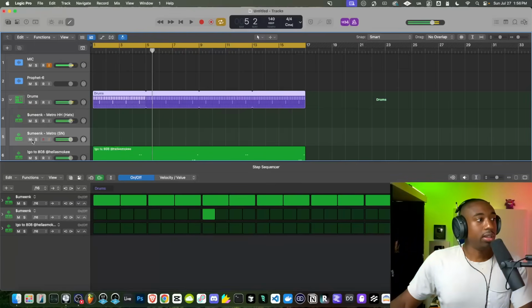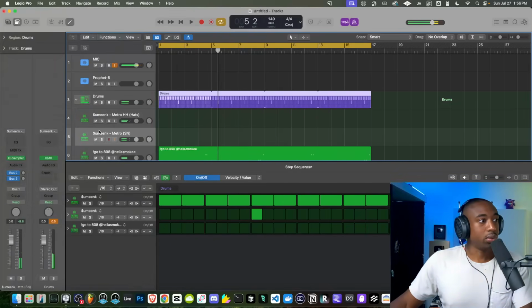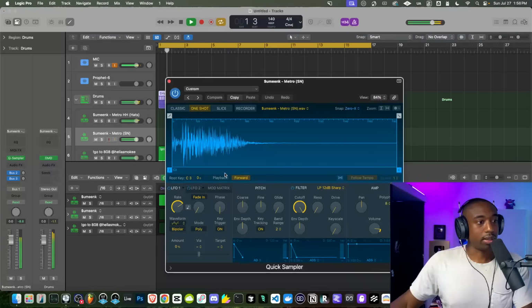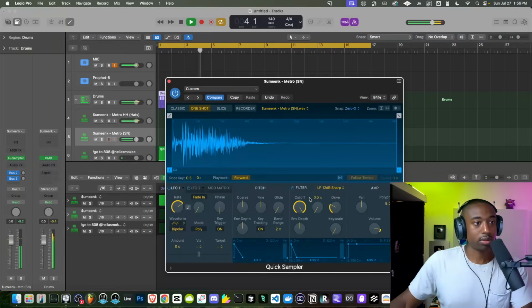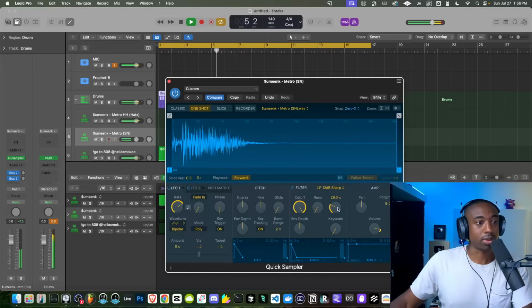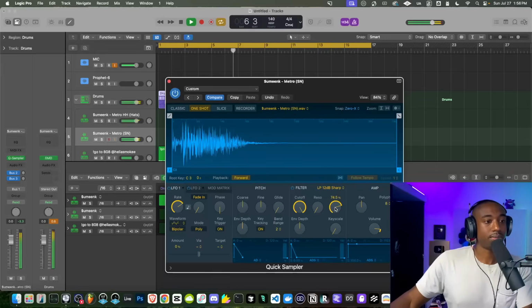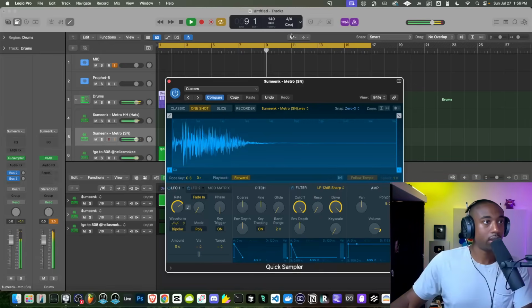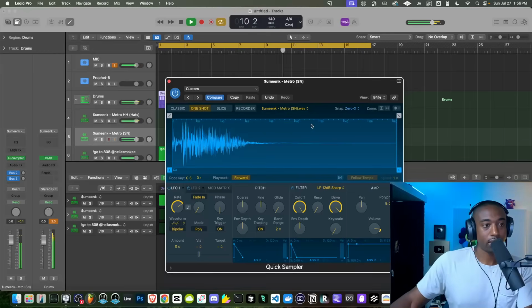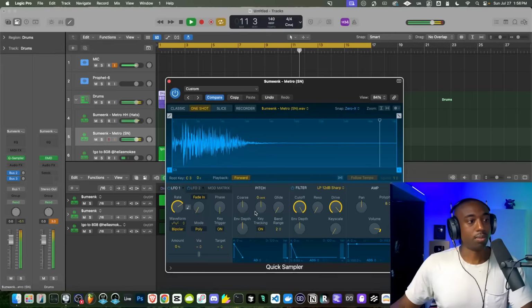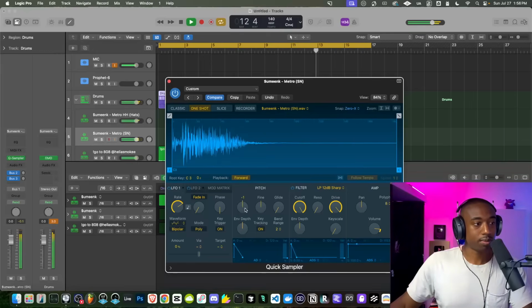Now I can go to the individual sound, grab the inspector tool, and just edit the sound. So let's say I want to crank the snare up and maybe distort it some more. Let's add some drive here under the filter. Make sure the filter is actually turned on. So drive just adds more harmonics to the sound. We could also change the tuning. And then we could turn it up.